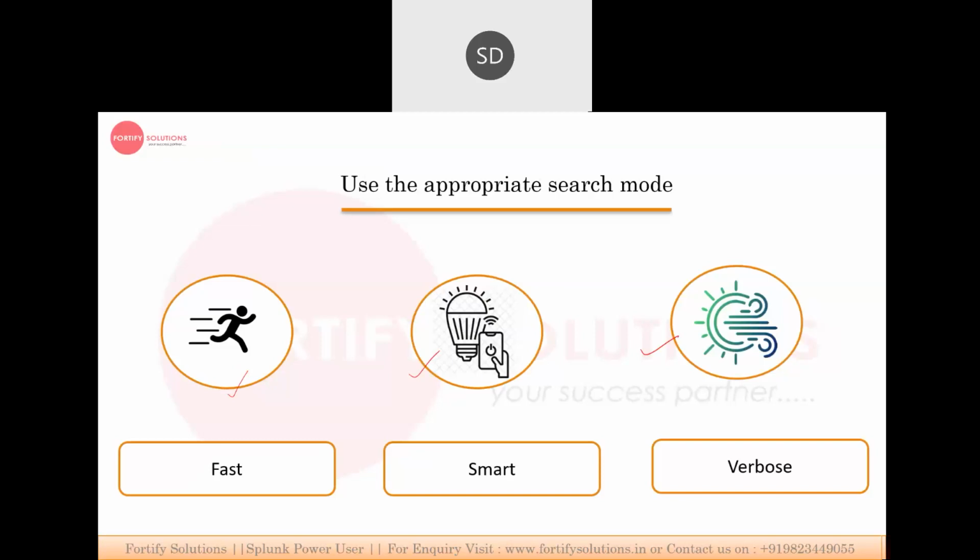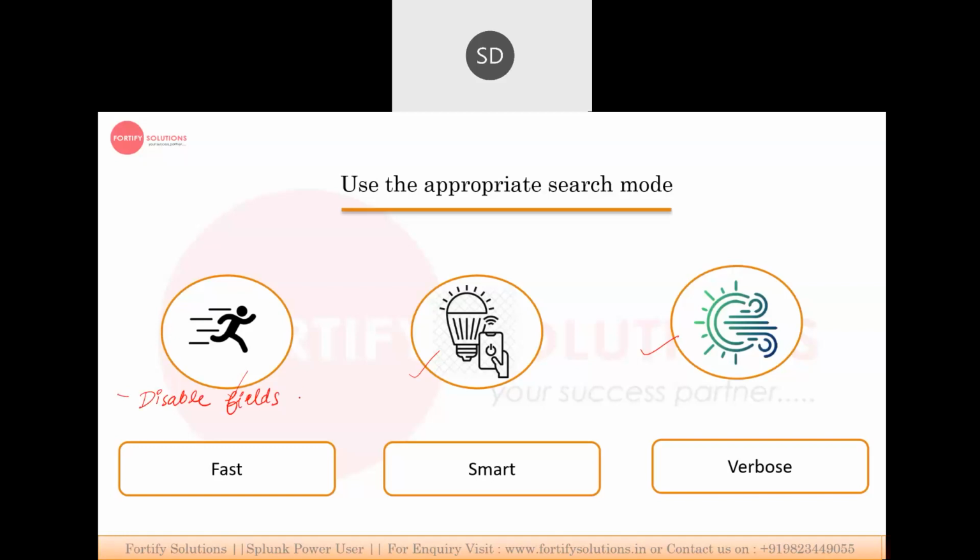We use the search mode to give a search experience that fits your needs, and we have to select the right search mode. Let's suppose we are using the fast mode. This will not give you field discovery. It will search in a fast mode and save your time, but it will disable the fields.